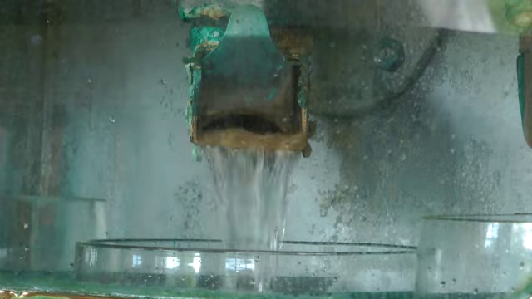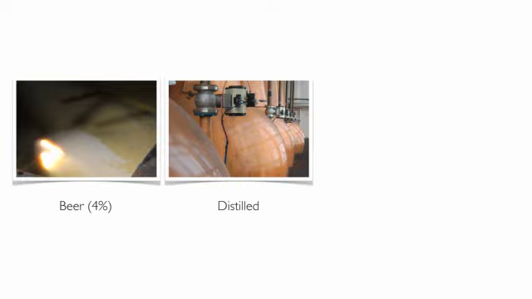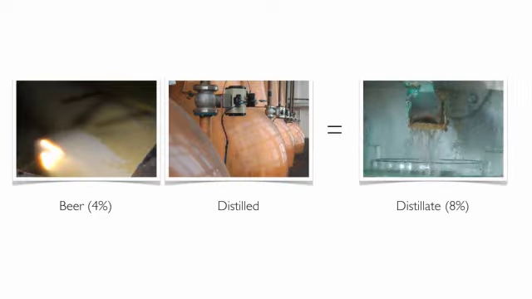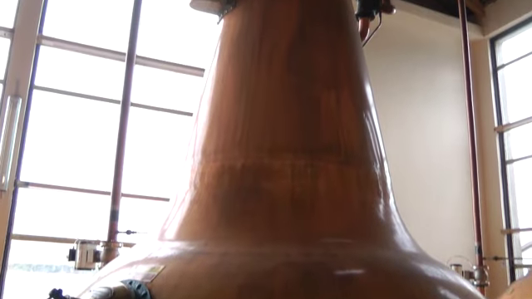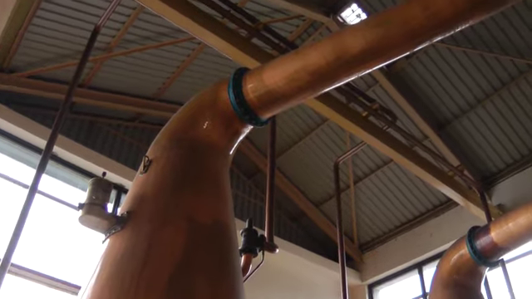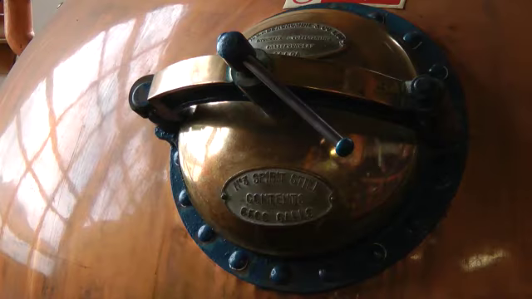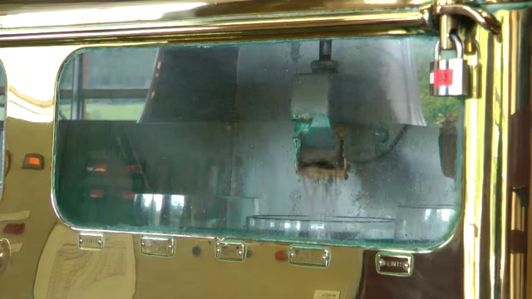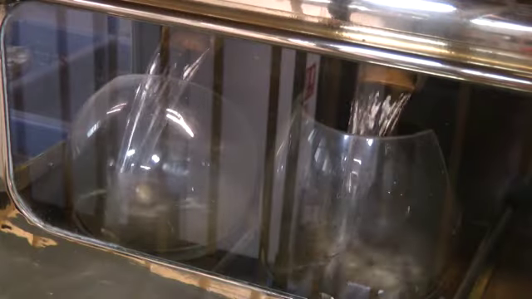As a rule of thumb, with each distillation, the percentage of alcohol in the liquid will double. So if beer has 4% and is distilled, the resulting distillate will be 8% in alcohol. Another way of saying this is that each time an alcohol is distilled, the more pure it becomes because it has less water in it. Eventually, if you distill it enough, you will end up with a liquid that is nearly 100% pure alcohol, as there will be no water and impurities in it.